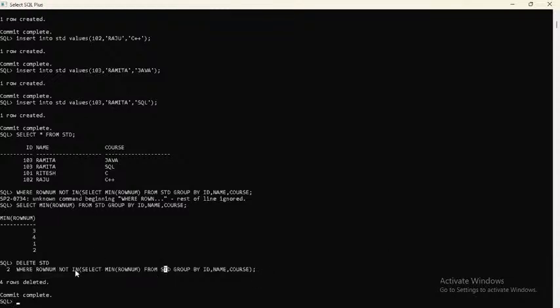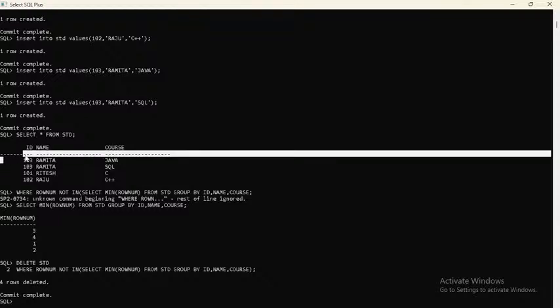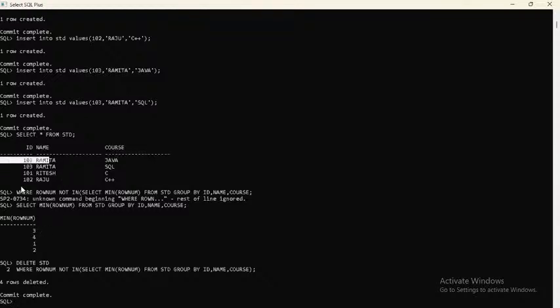So it will check the row number from here, this will be by default row number 1, so not in this. If it matches, then it is going to delete. If row number in